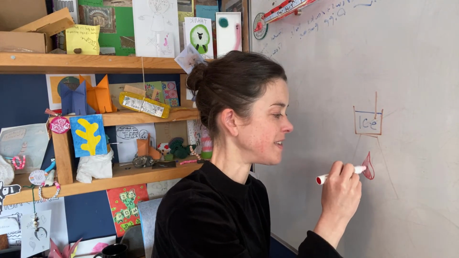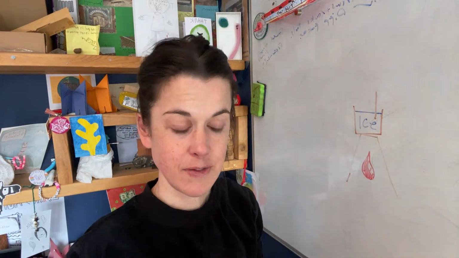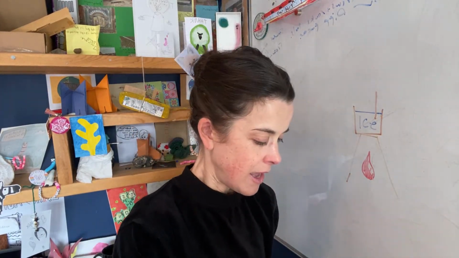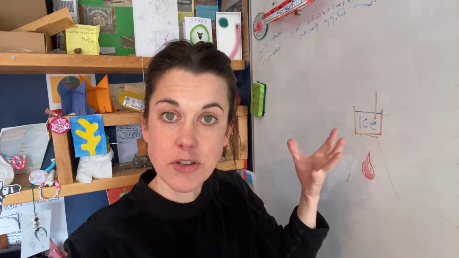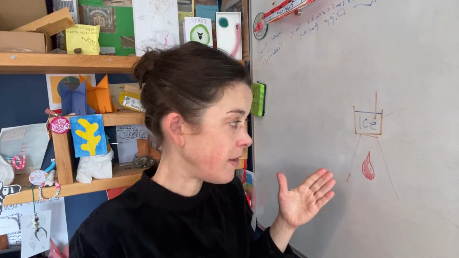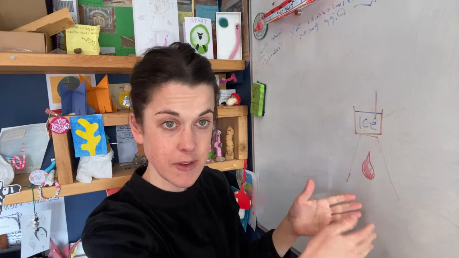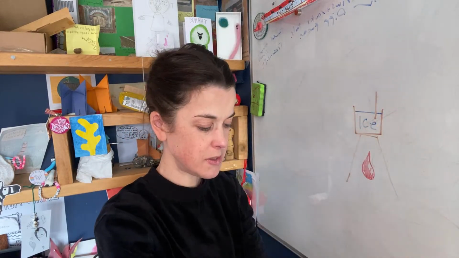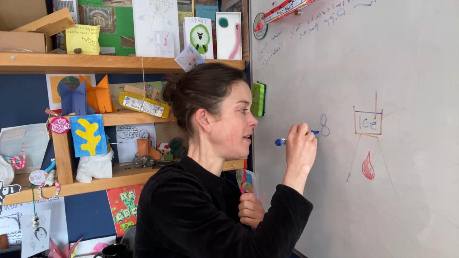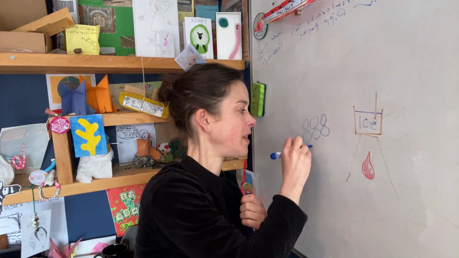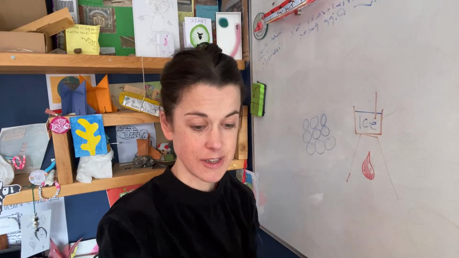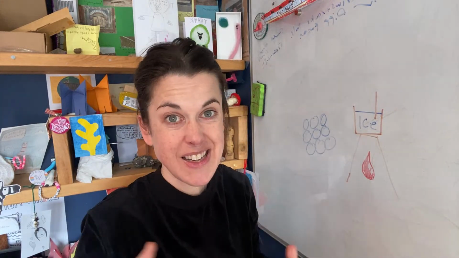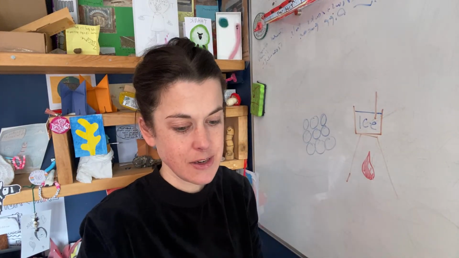So we're putting heat energy into the ice. If you've seen my energy lessons, the ice is getting hotter and hotter. Heat energy is being transferred from the flame to the ice, right? So the particles of ice, we talked about how they are bonded together fairly rigidly, but they're vibrating, and as they get hotter, they're vibrating more and more, until eventually they turn into a liquid, eventually they turn into a gas.